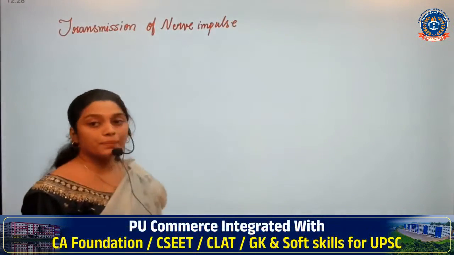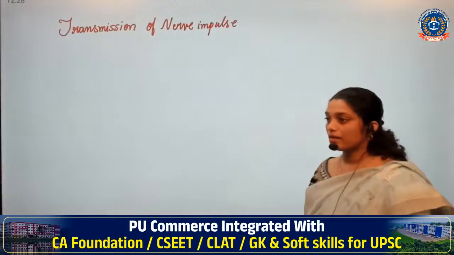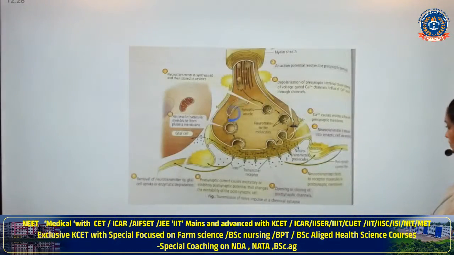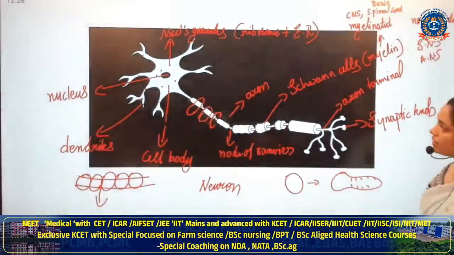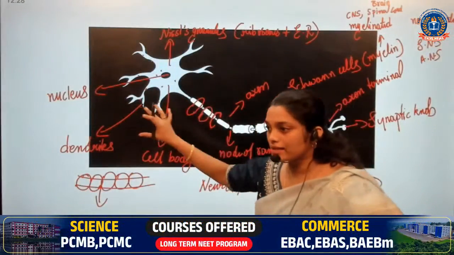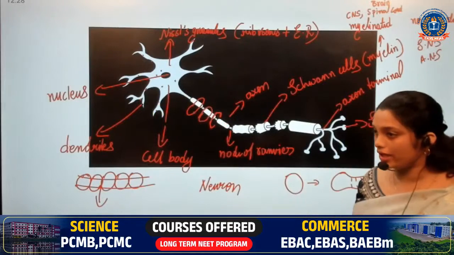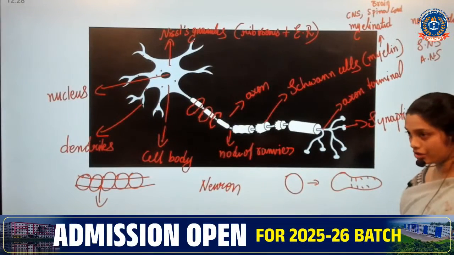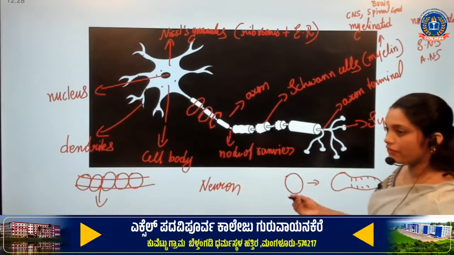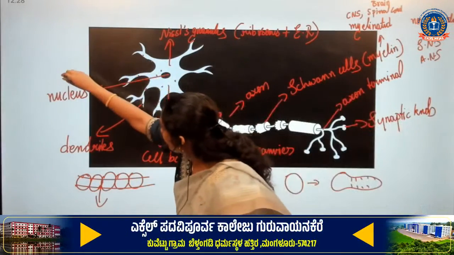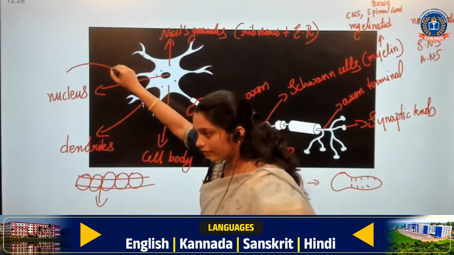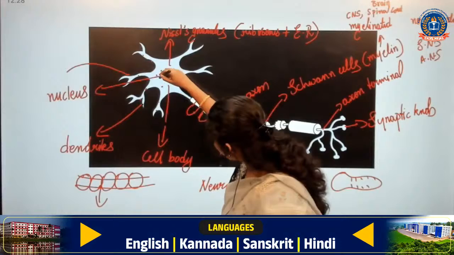In previous diagrams you have studied the structure of a neuron, how it is, and here we had the axon terminal region, right? So now what happens if I say the impulse is coming from here? The impulse got into the dendrites, the signal reached the dendrites, and from the cell body it will pass